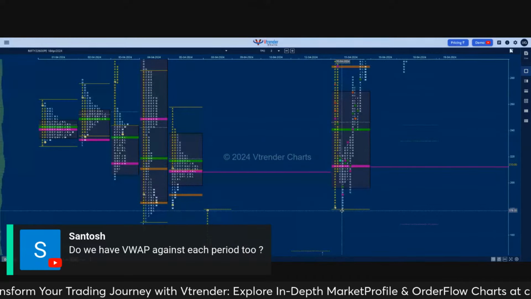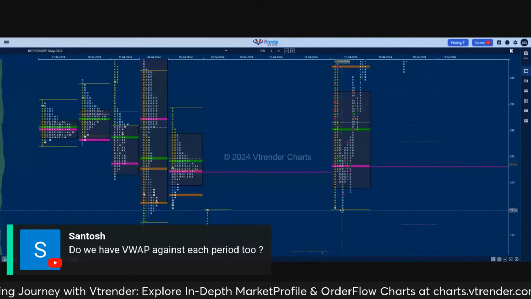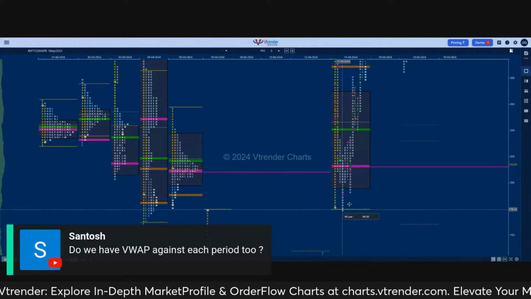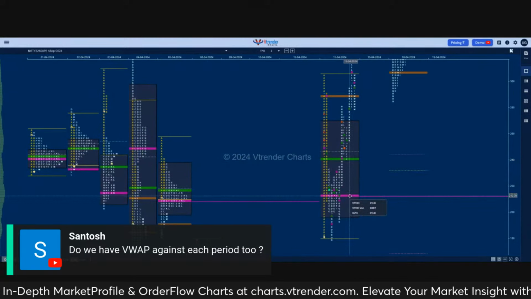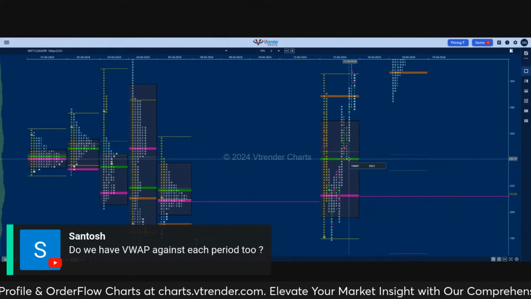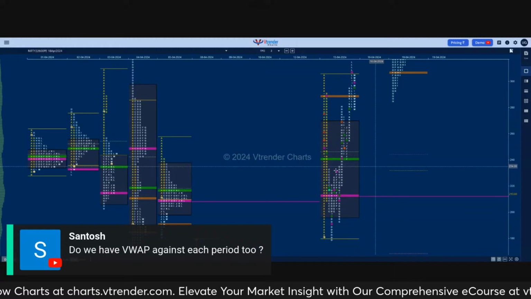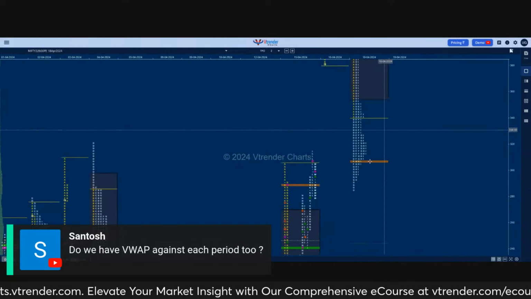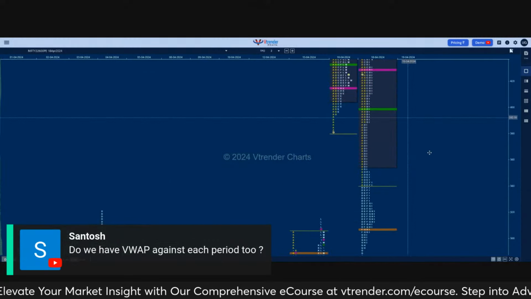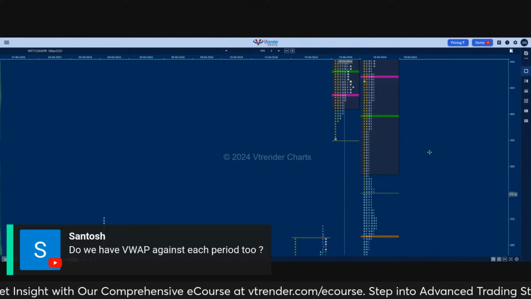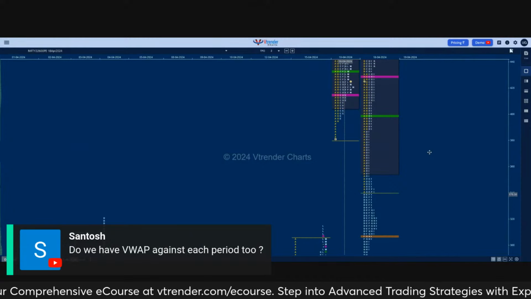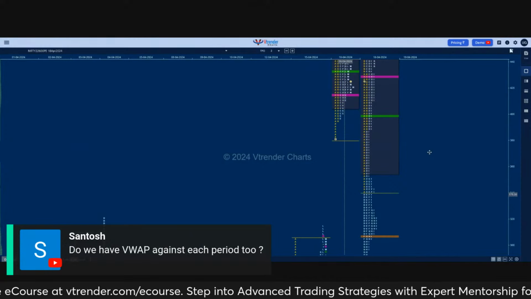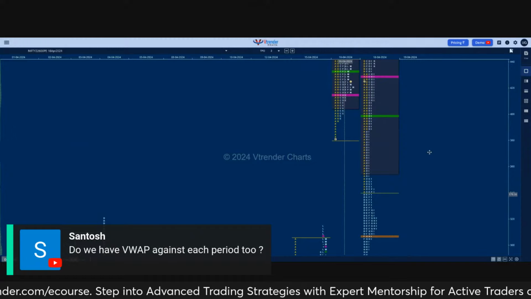So this becomes our reference. And as you can see, this POC and VWAP of this neutral extreme day has not been tagged, and we went on to make higher highs on all these days. So even here, if you fail, this had given a failed auction on the upside. This put had given a failed auction on the upside today, but